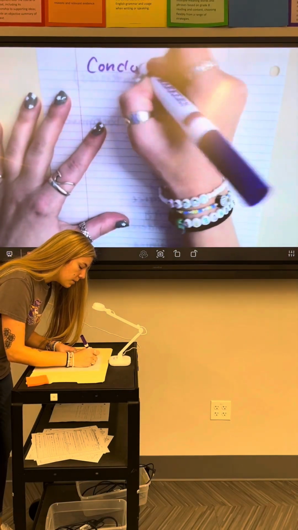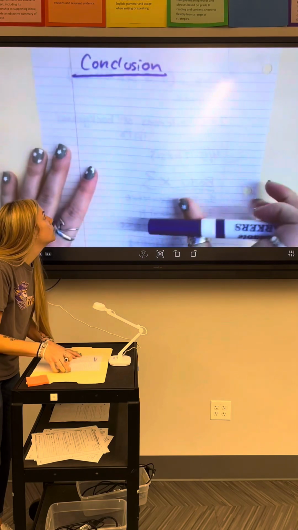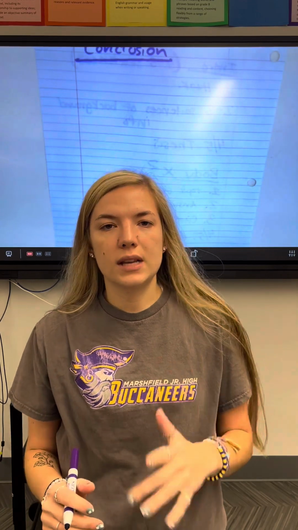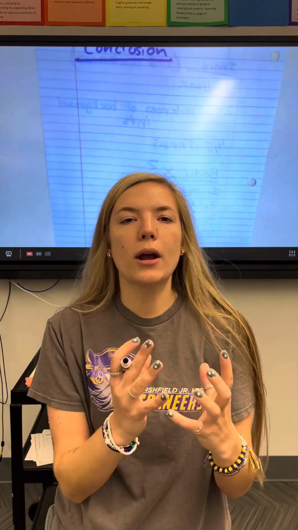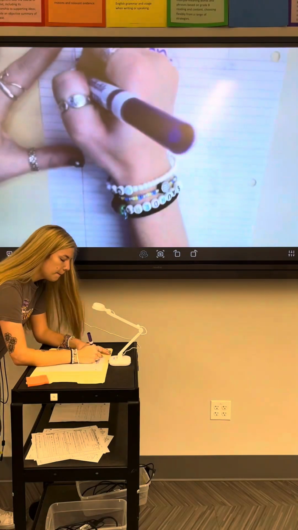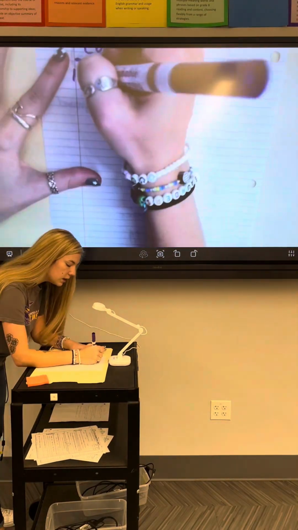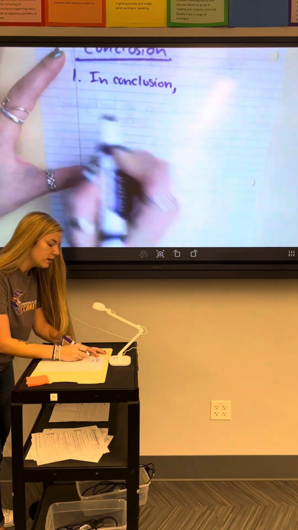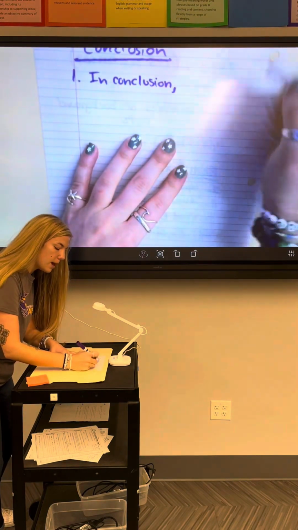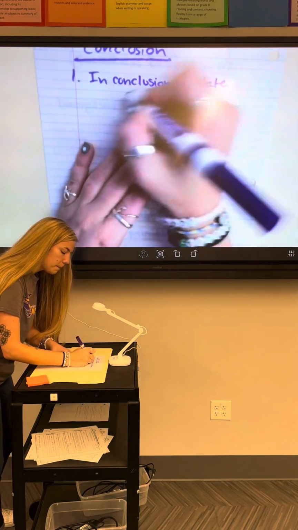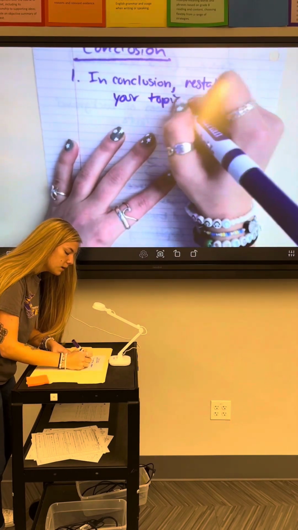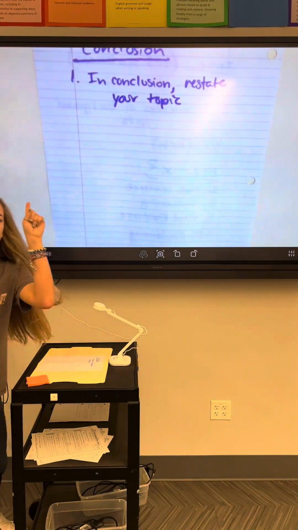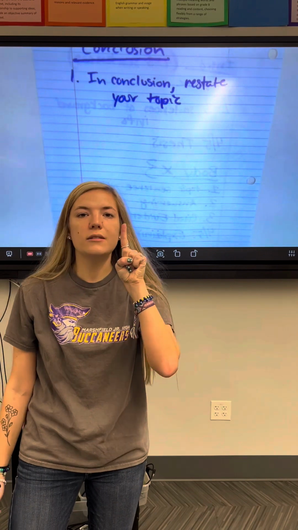Our last one, and honestly, in my opinion, the easiest one, our conclusion. A lot of people are asking me about a conclusion, but this one's easy peasy, especially after I explain it. So, conclusion, it's the same kind of thing as an introduction. It should be 4 to 5 sentences long, and it's basically just a summary paragraph. In the first sentence, you're just going to restate your topic. Everyone will start their conclusion paragraph like this: In conclusion, and then blah, blah, blah. You just restate your topic. So mine would be, in conclusion, elephants are going endangered. So right there you have one sentence. You only need 4 for this paragraph.